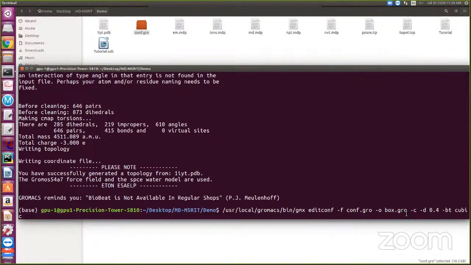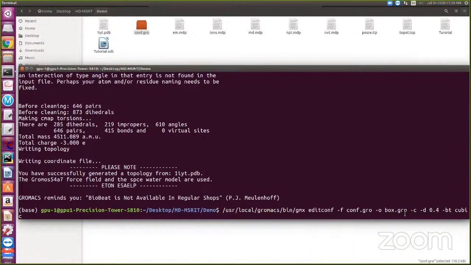Okay, so I know some of the people are referring to a website called Lysozyme in Water. There they used to give a new box.gro, but here I created my own. It depends on you; you can create your own. So conf.gro is nothing but protein.gro, and we can give box.gro as a new box.gro. It depends upon our interest. We can give a name.